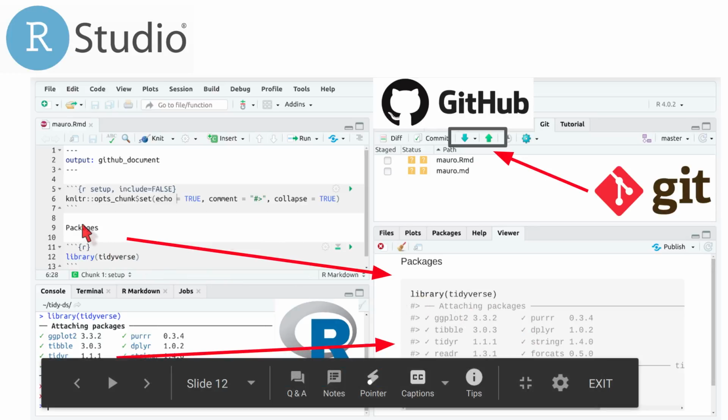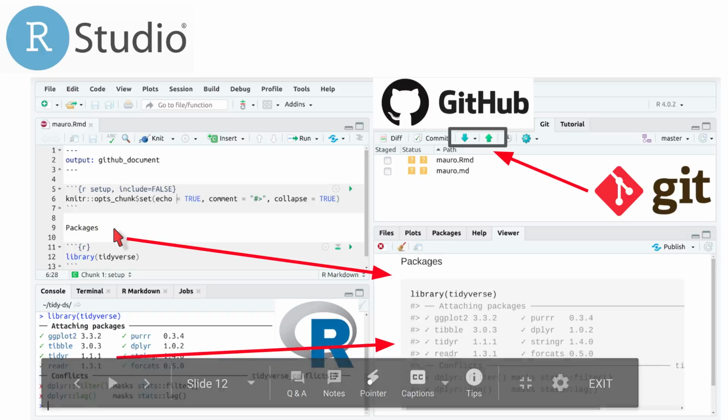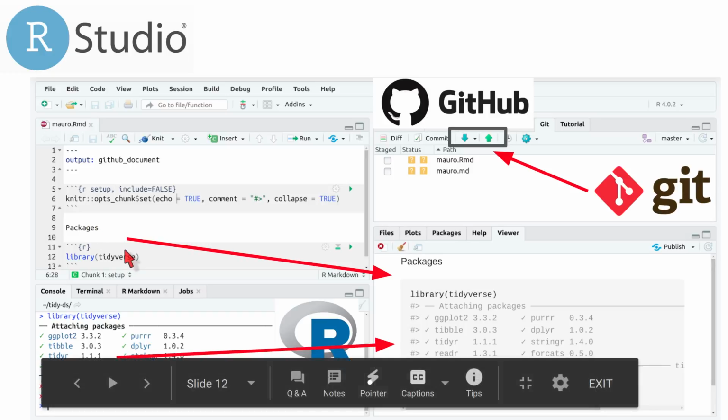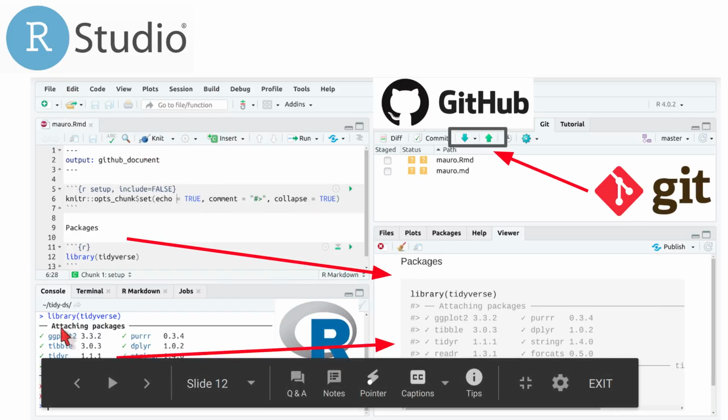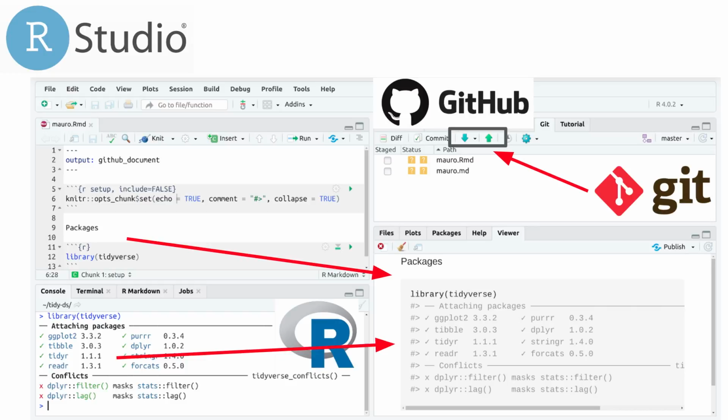So as you can see, what you write is just plain text, prose or code. And then when you click the button knit, it will show whatever you would see on the console otherwise. So if I run this line here, line 12, on the console I get this thing, right? The output of running that code. So that output goes to an Rmarkdown document. What Rmarkdown offers you is the ability to intermingle prose and code in the same document.